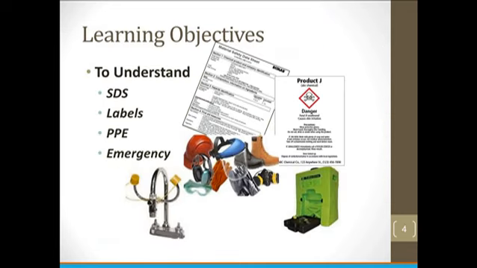By the end of this general session, you will know how to read a material safety data sheet or safety data sheet, and how to locate them in your community, how to ensure each chemical has a proper label, and your responsibility for reporting an unlabeled container. You will learn what personal protective equipment is provided for your safety and how to use it, and what actions need to be taken in the event of an emergency. In short, you'll have the background to be ready for department-specific training.